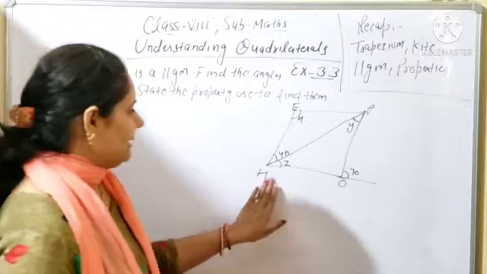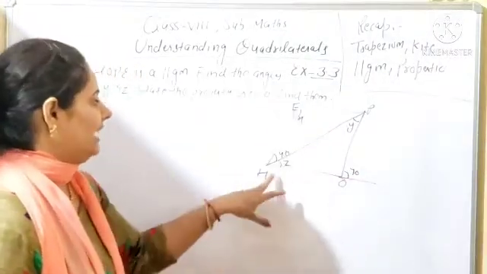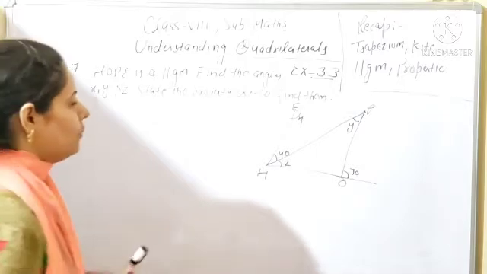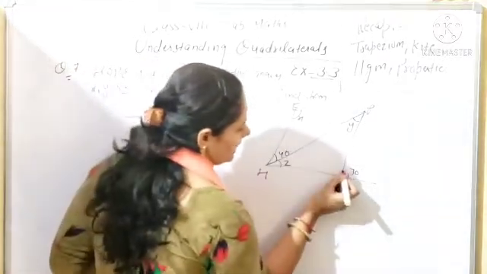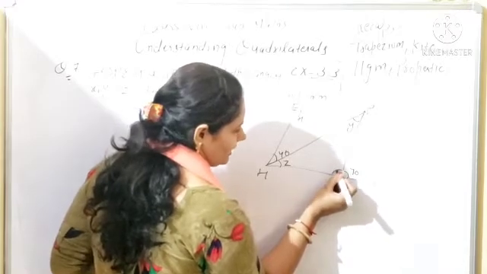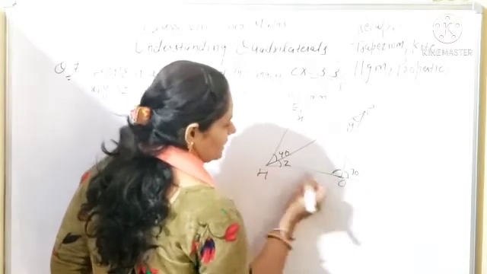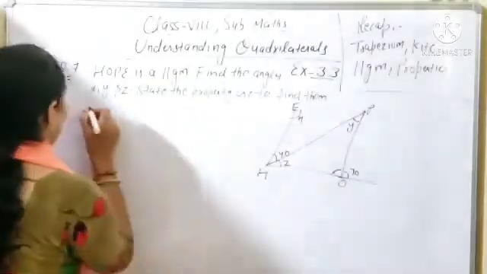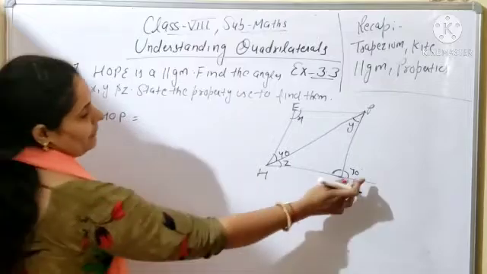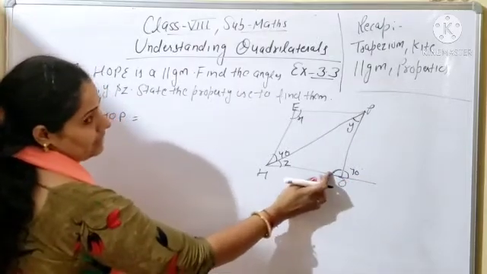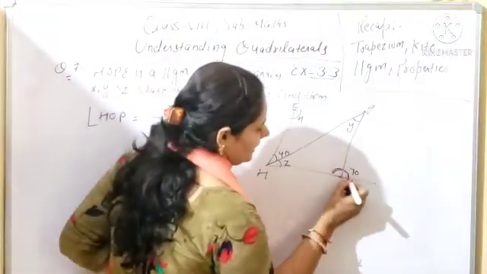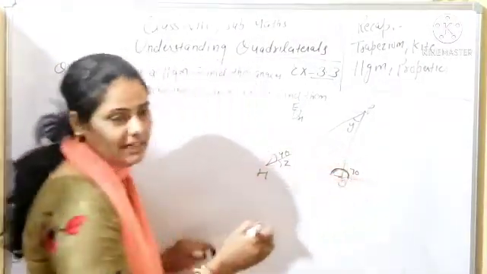So here you can see, beta, HOPE is a parallelogram, and one diagonal is given, HP. Now you have to find the unknown angles. So first, you will find this one angle. You can give the name HOP. Angle HOP: outside is 70, and this one is not given, you have to find it. It means the complete angle. What will that complete angle be? Straight line angle, it will be 180 degrees.